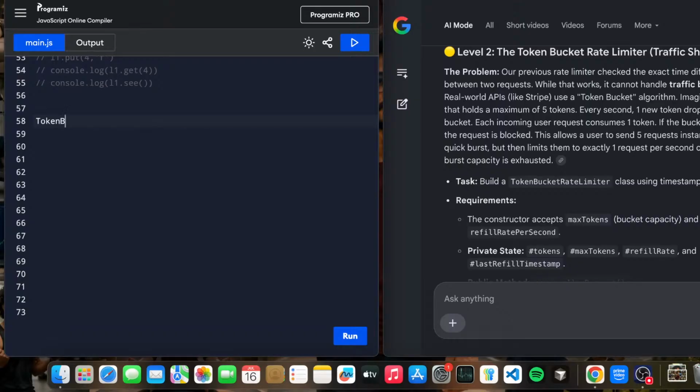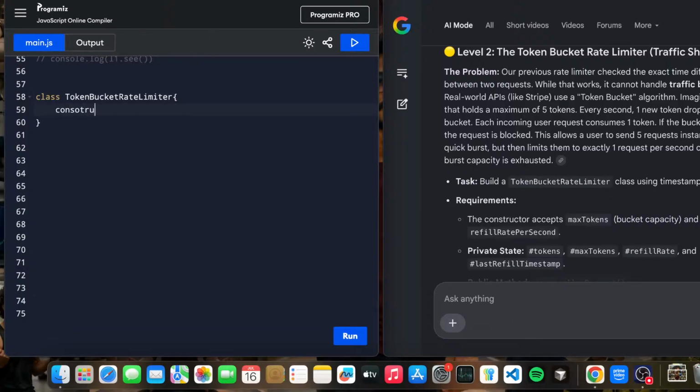Token bucket rate limiter. We have a token bucket limiter. Let's create a class. In that we have a constructor. It accepts max tokens, the bucket capacity,